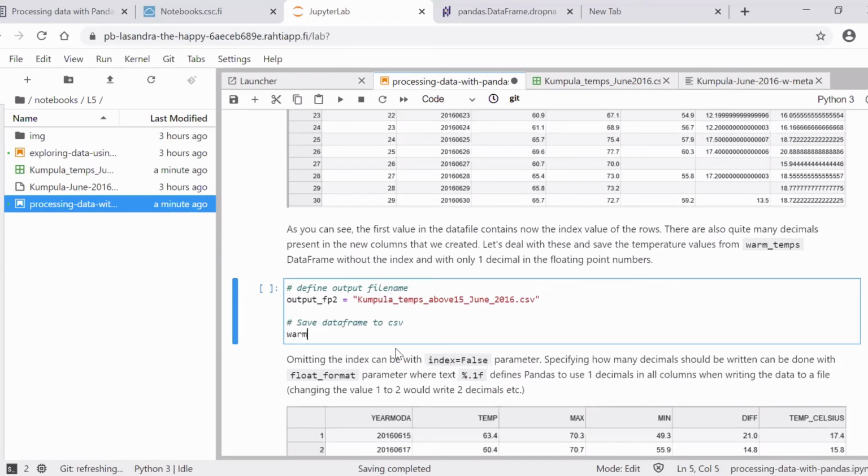So we have this warm temps data frame in memory. You remember we selected the values greater than 15 Celsius degrees from after June the 15th. So we can do to CSV using this output fp2, again, comma